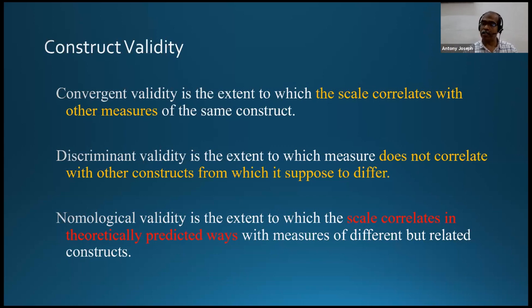The CRM theory says that there is a positive relationship between CRMO and business performance. That means the higher the level of relationship management orientation of managers working in a branch, the better their performance will be. That is the theory that I can test. If while doing correlation analysis between CRMO and business performance I get a positive correlation, then I can say that my instrument possesses nomological validity.